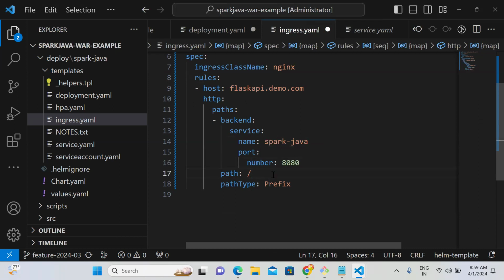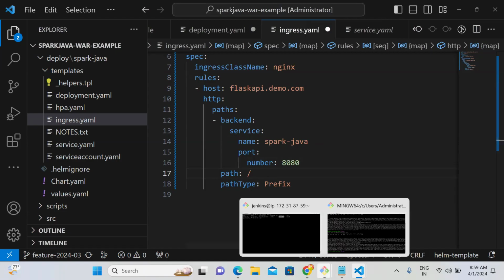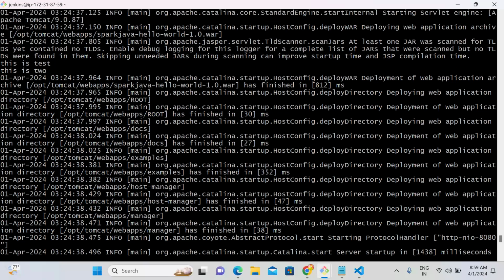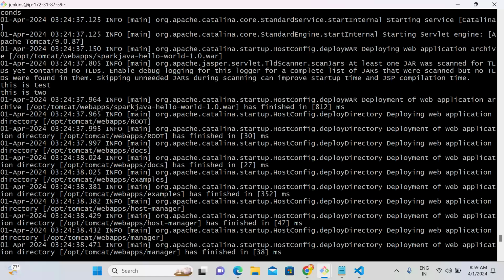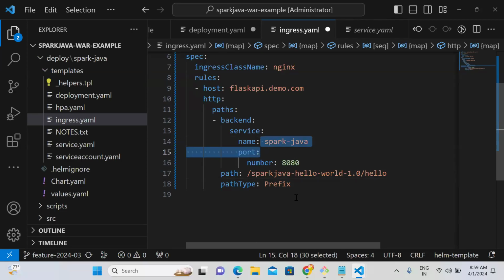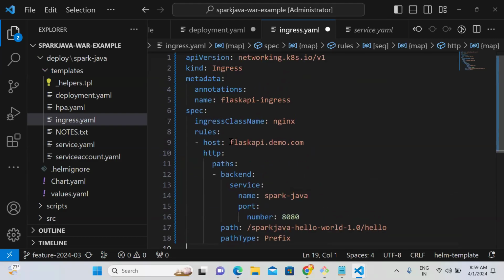Whenever it comes, it's slash Spark Java something, right? We have it on Tomcat. This is what the URL is. If slash Spark Java slash hello, forward to this service. This we will convert, because of what happens with this URL for dev, and why we went with